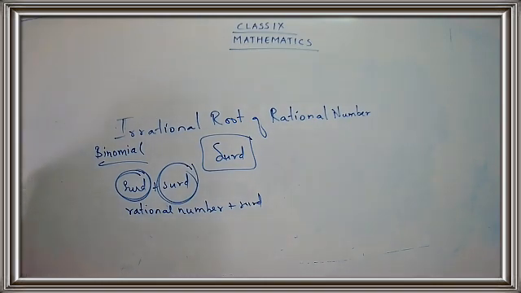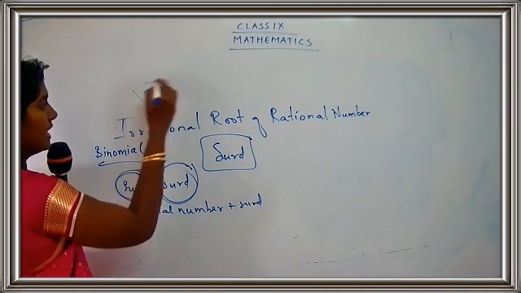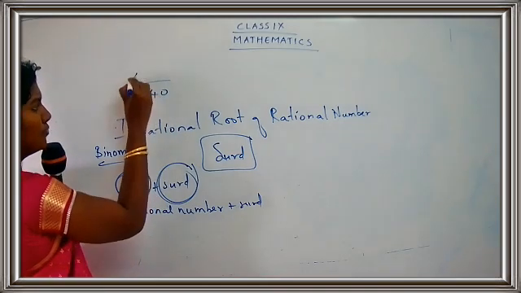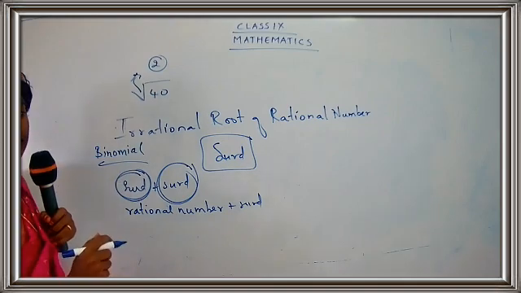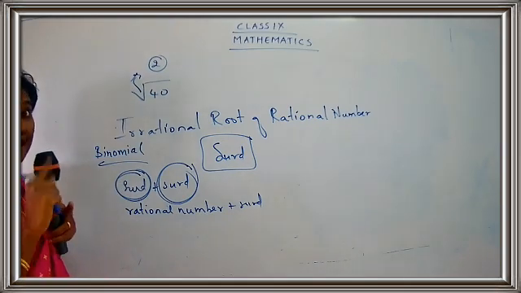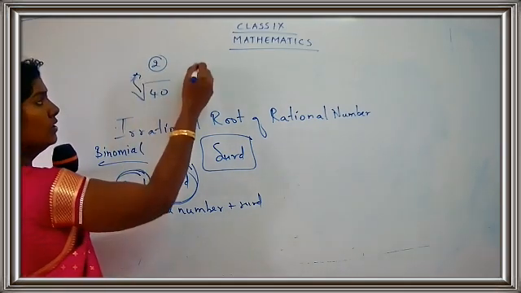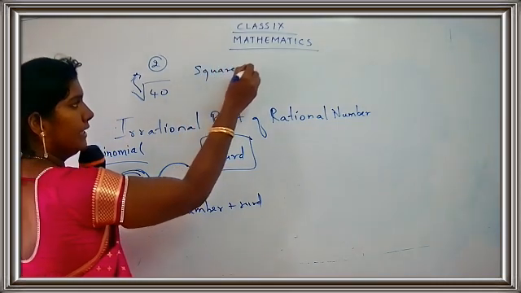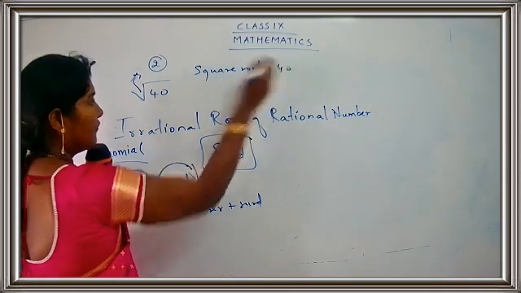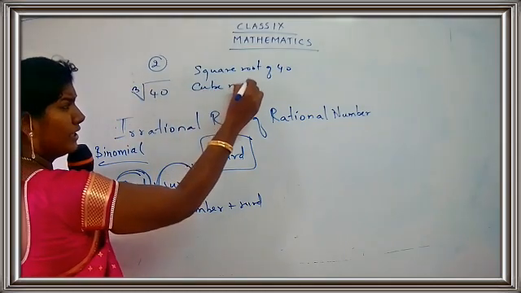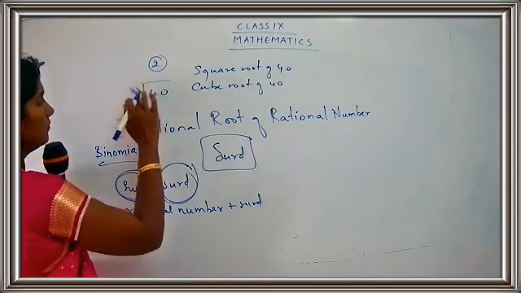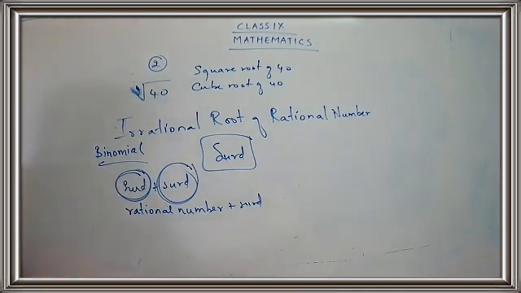root of 40 minus square root of 20. I have already told you, if nothing is mentioned, what is the root index over here? What is the number present here? Yes, 2. For 2, how should you read it? Square. Don't say second root. You have to read it as square root of 40. So if you have 3 here, it means cube root of 40. So 4 means fourth root of 40 and so on.